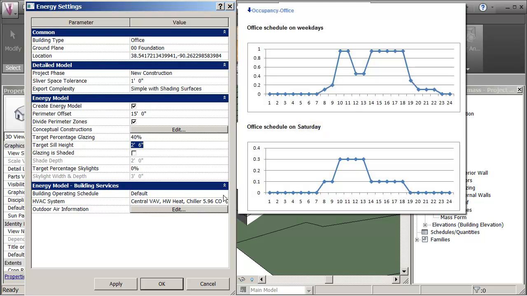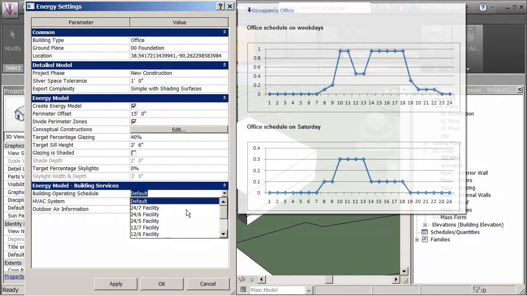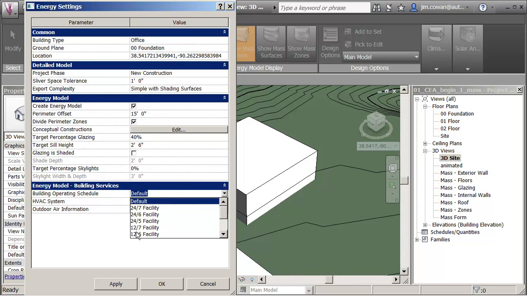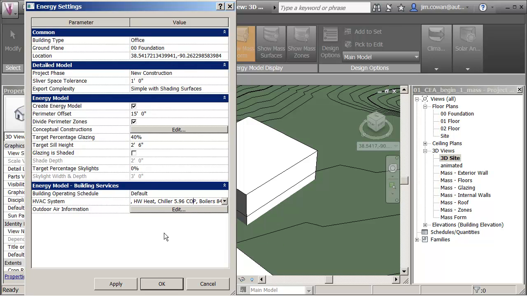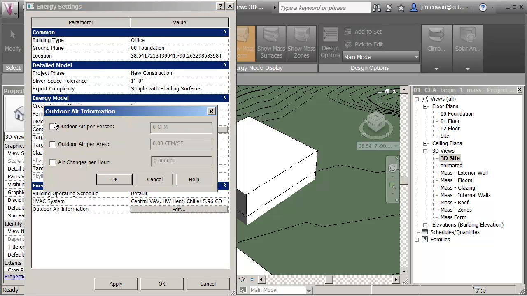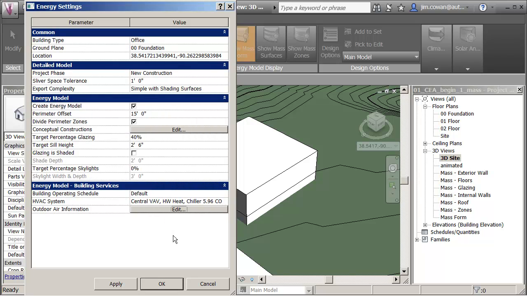If I were to want to change that, I could come down here and I could actually change the value from the occupancy associated with the building type. I'm not going to change it, just wanted to show you that you could change it. HVAC system, there's many different types. I'm just going to leave it with the default at the moment. And indoor outdoor air information, I'm not changing any of this at the moment, I'm just leaving that with the defaults. So what I want you to see is when I click OK,